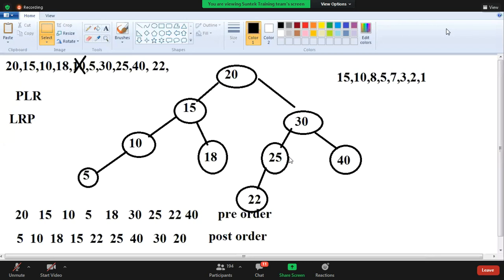Function-wise, I will write. Again, I will write the program. Okay. Don't worry, guys. I will explain clearly. Three functions, how to write. Before that, I will explain. You should know recursive functions. Recursive functions also I will tell you. After that, this diagram, this implementation I will tell you.